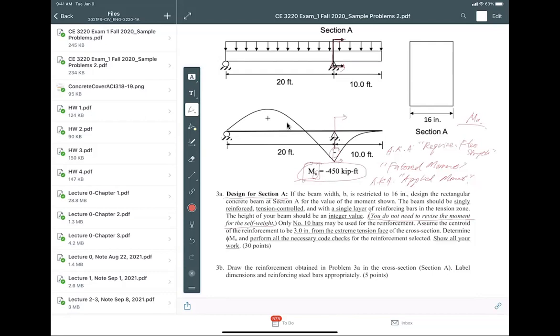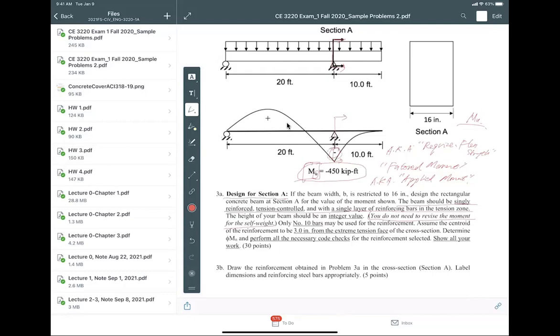You say, I only learned how to design a singly reinforced tension controlled section with a single layer of reinforcing bars in the tensile zone. That is the simplest form ever. It's like you won the lottery already. What else do you want? So in this case, immediately you see the trick is not about the design itself, it's something else, because